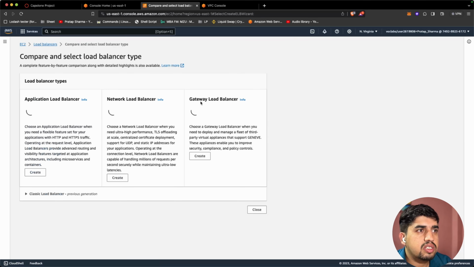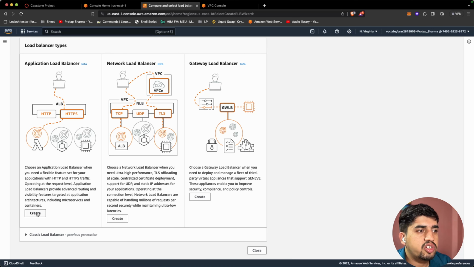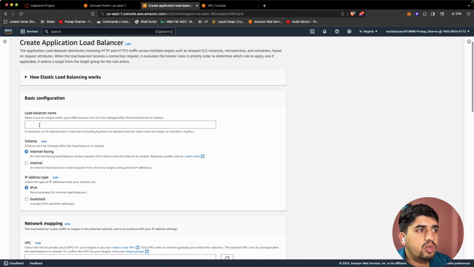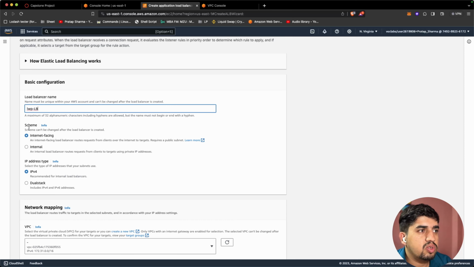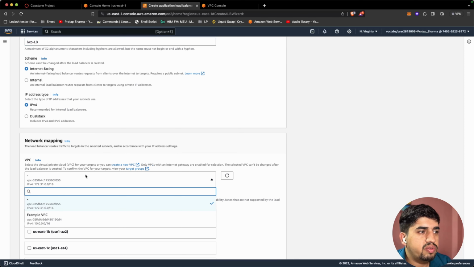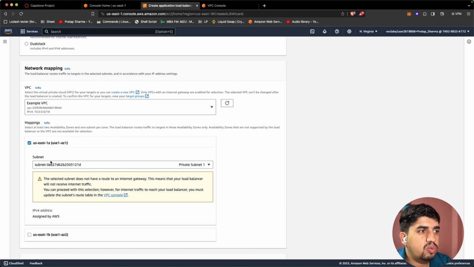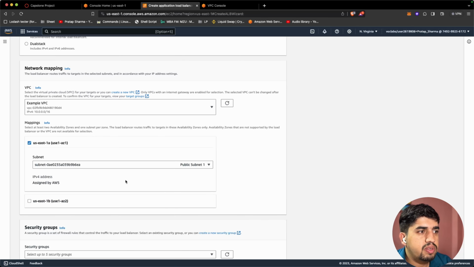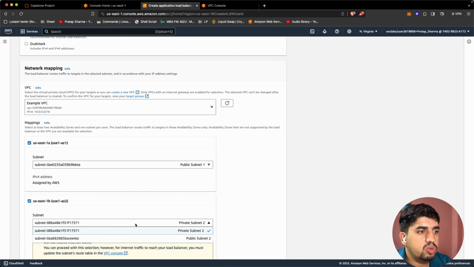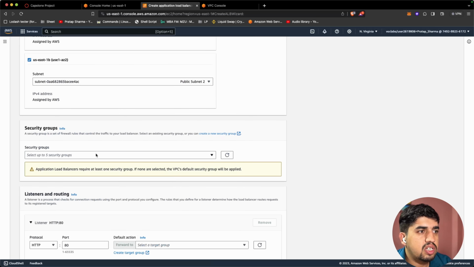Let's create a load balancer, and we'll be choosing application load balancer. So let's go to create, and now we can give a name of the load balancer. So I can say learn with Pratap LB. It will be internet facing, IPv4, and here we need to choose our VPC, example VPC. Let's choose one, it should be a public subnet. Here also we should choose the public subnet, and let's remove this and use our